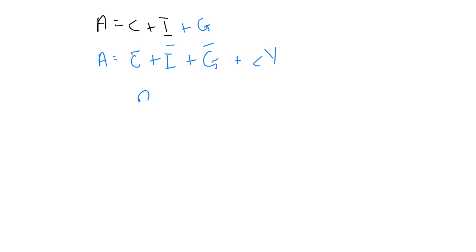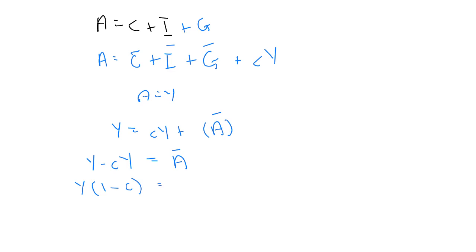And therefore, because A equals Y, we realize that Y is then equal to CY plus, I'm just going to put autonomous spending, which is just basically your C plus I plus G, right? But we want this CY to go on the other side. So we go Y minus CY equals aggregate A. Oh, but there's still more for us to do, because when we factorize, it becomes 1 minus C